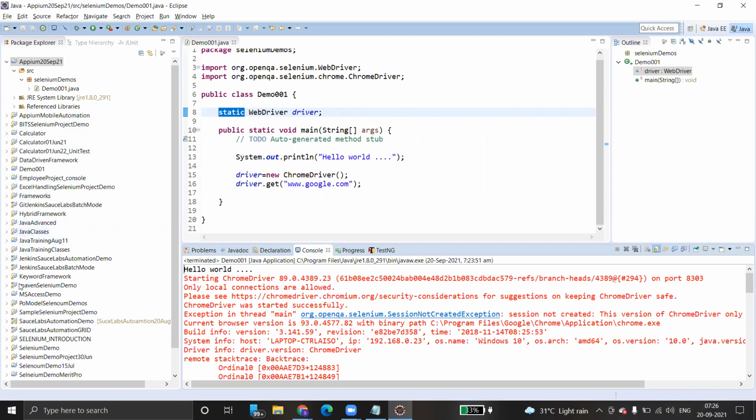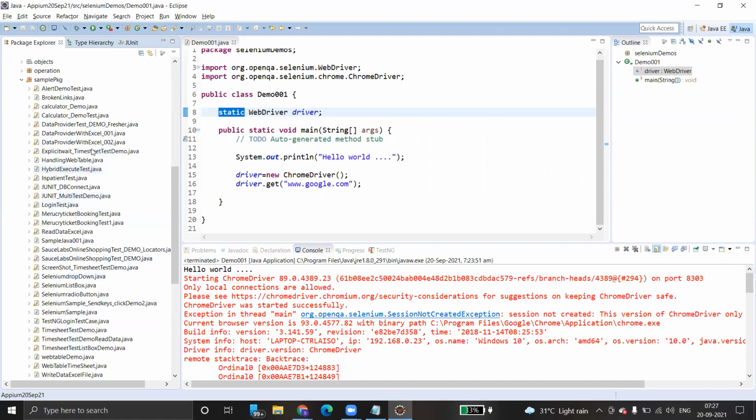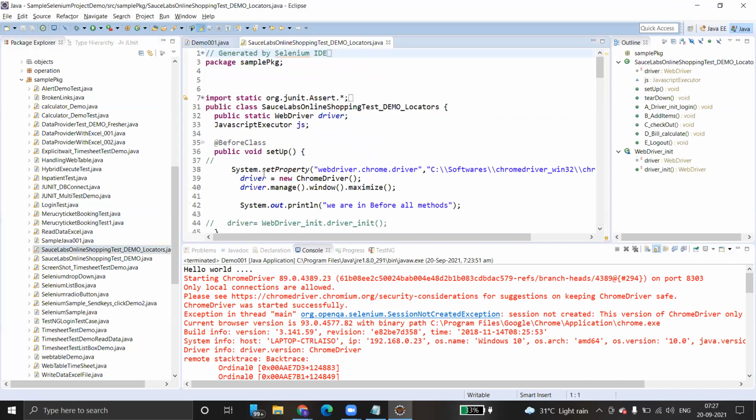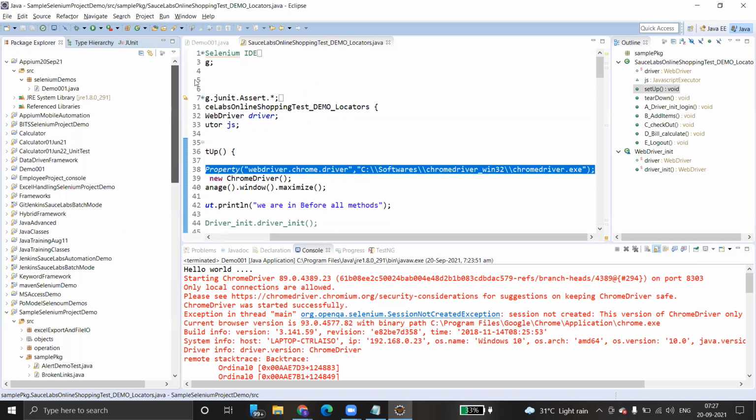Okay, so we have a sample Selenium project. Just go to src, and we have a sample package, and we have Login Test, Read Excel, and so many things are there. Just open this. Yeah, this is a Chrome driver which we have already downloaded. That's why I need to download it, actually, Control C. But whether it is working or not, I'm not sure. Otherwise, I will take the latest one.